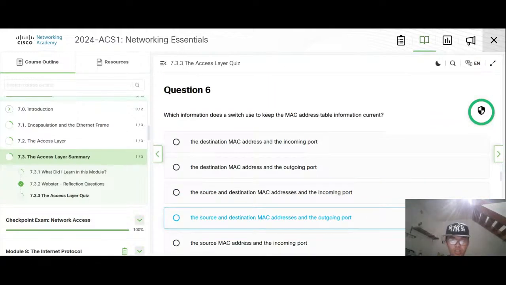Which information does a switch use to keep the MAC address information correct? It will use the source and destination MAC addresses. Is it the source MAC address? Again, the destination MAC address and the incoming port.